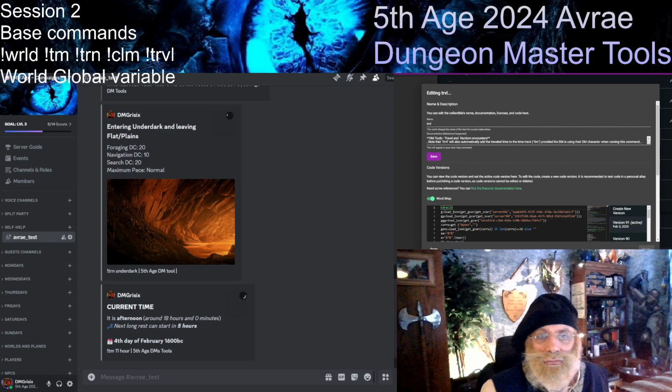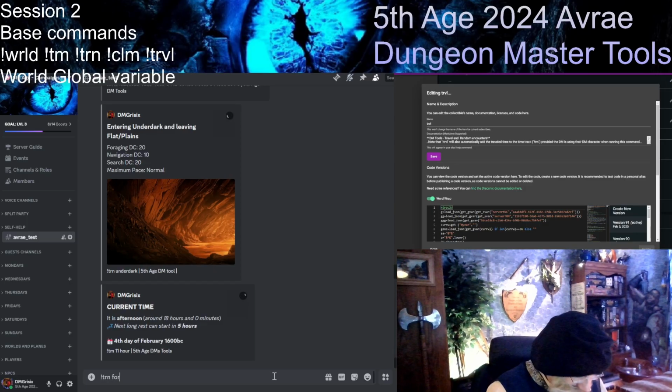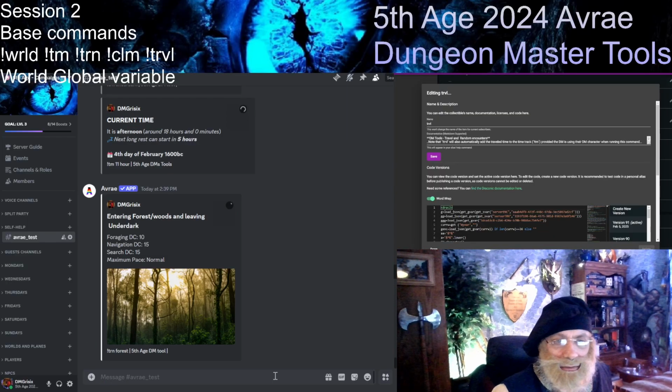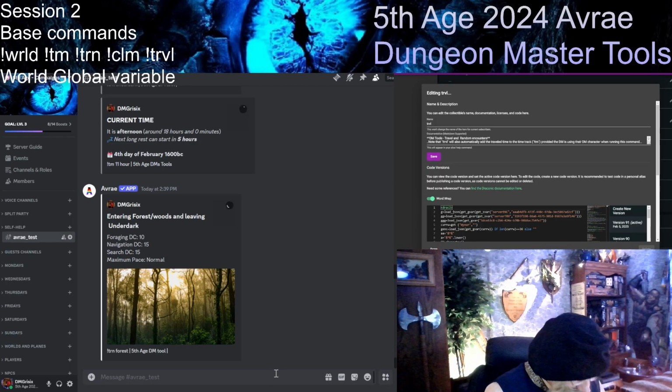We left our group. They decided to investigate some of the Underdark stuff, so we're going to go to when they return from the Underdark and get back to the surface of the world. They are coming back in that forest that we had seen earlier. The terrain command is where you can switch your terrain type and get the information from the DMG about the various DCs. Because they returned a little bit later, let's do a random climate generation here.